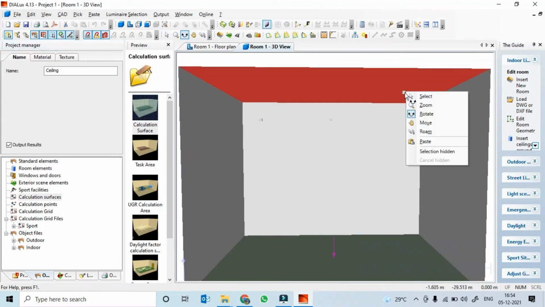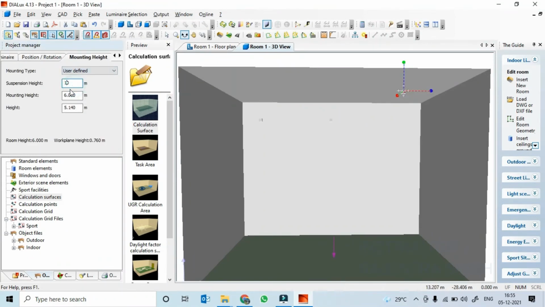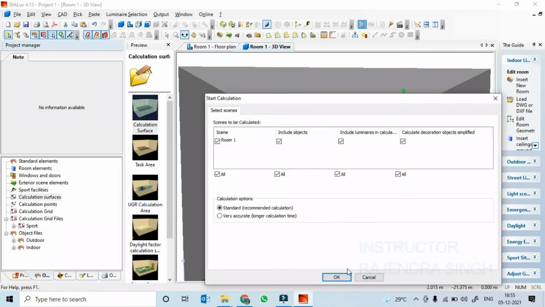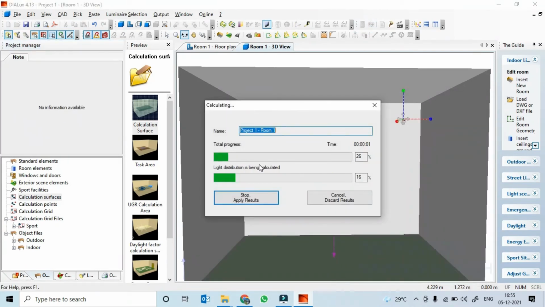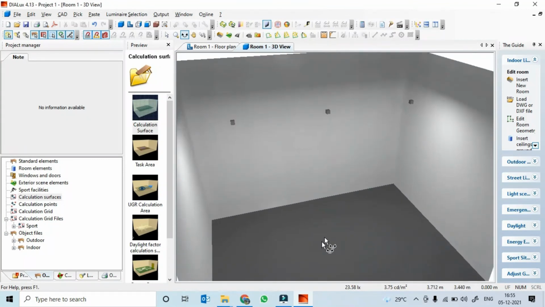This is also at 1 meter. Rerun the calculation. So this is how it looks at 1 meter suspension.